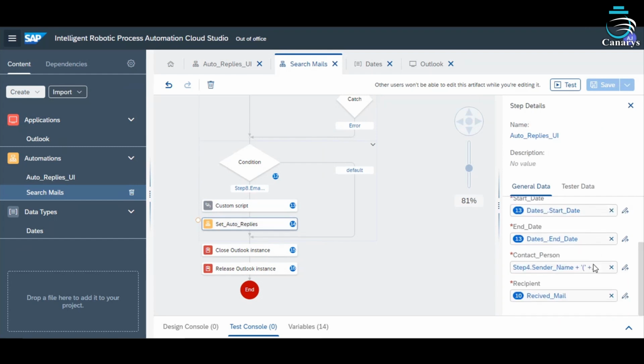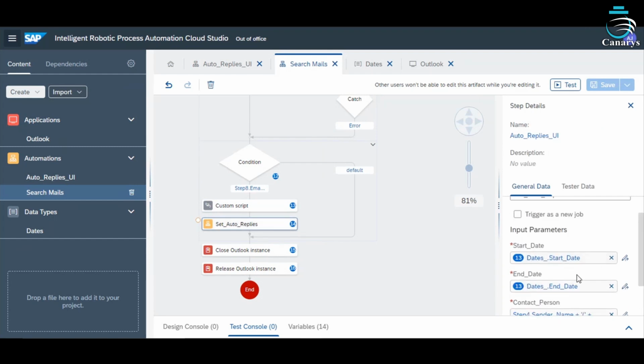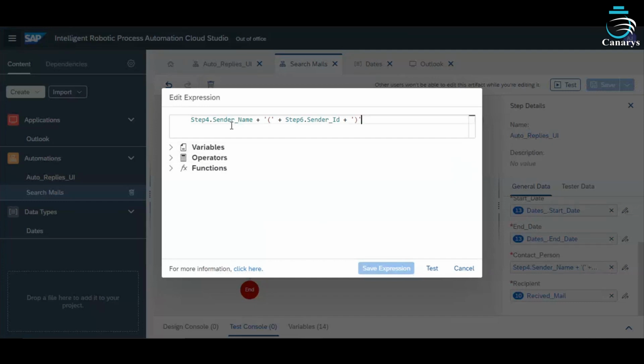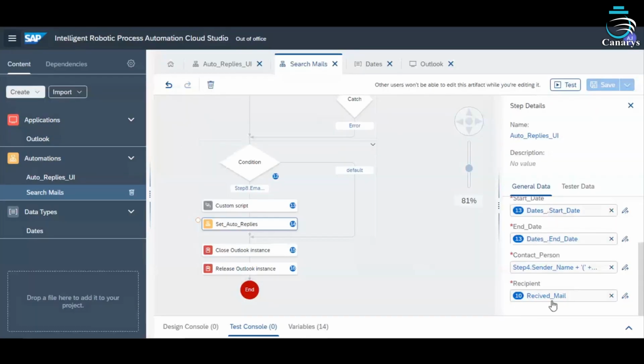In the set auto replies automation, I have taken 4 input parameters, that is start date, end date, and the sender information, sender's name and his mail ID, and the received mail recipient name.